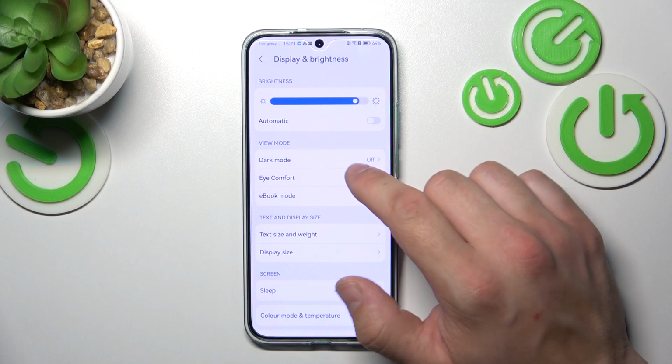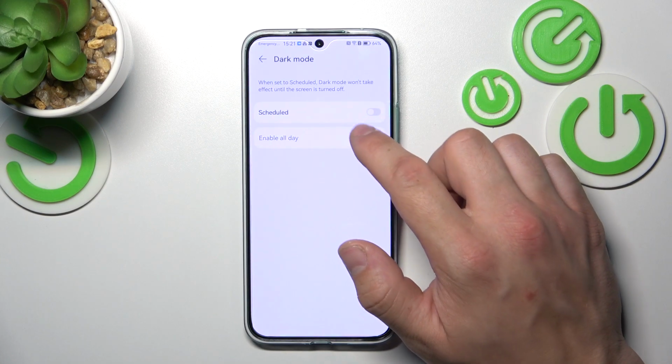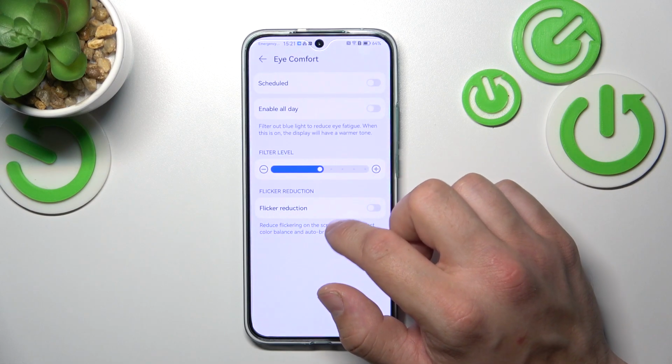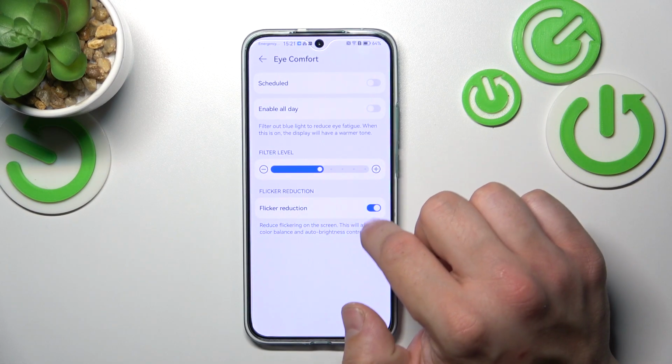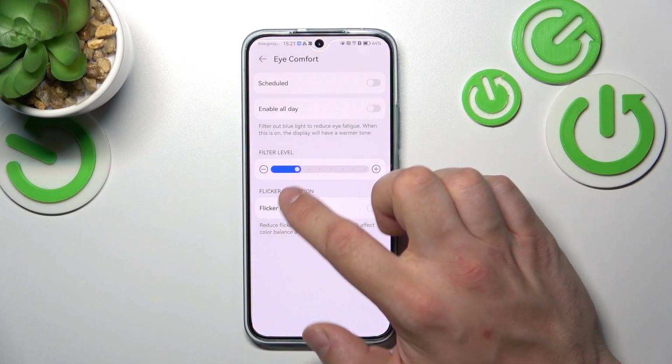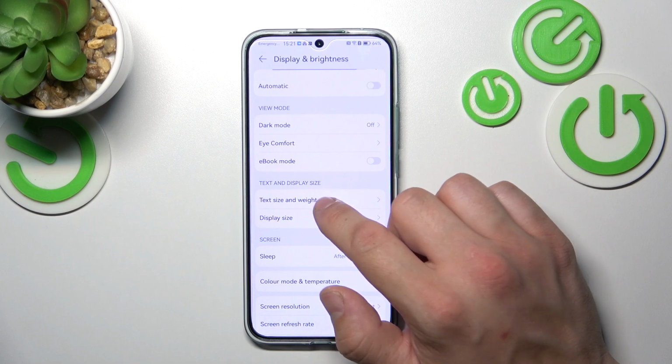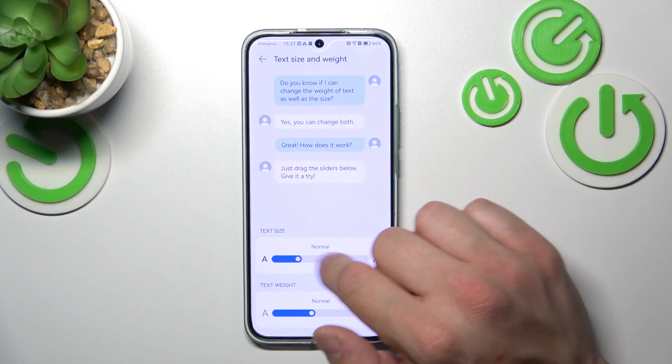Next, we can enable or disable dark mode and also schedule it. Same with the eye comfort mode, but also we can enable flicker reduction and adjust filter level. Next, we can enable ebook mode, change text size and weight,